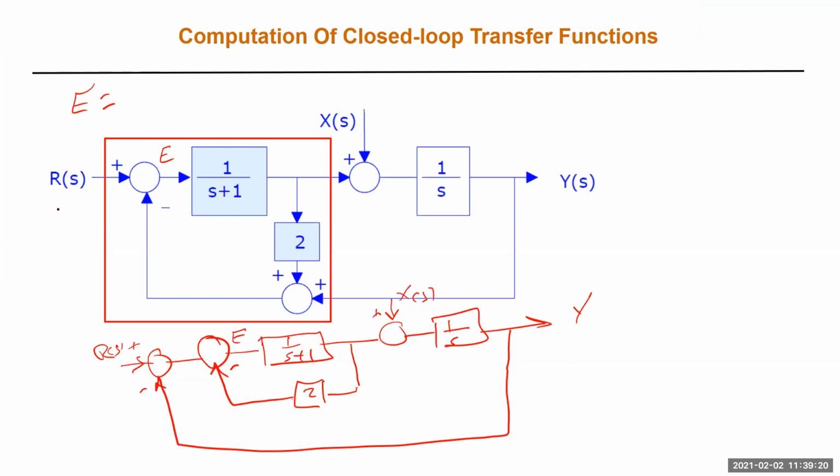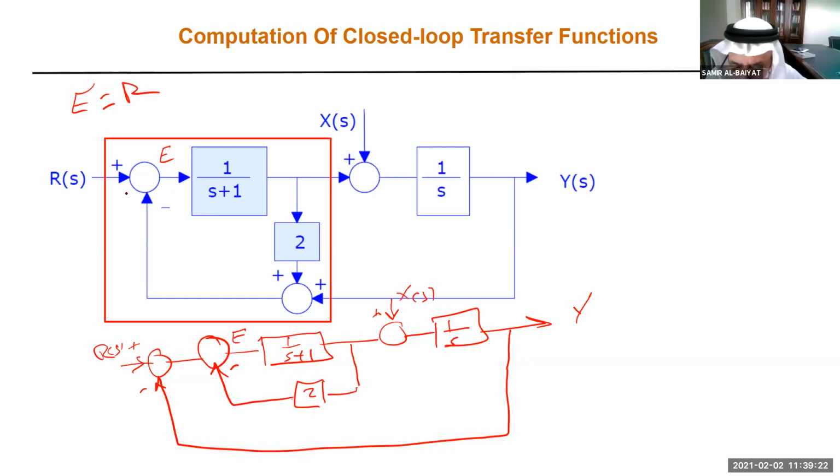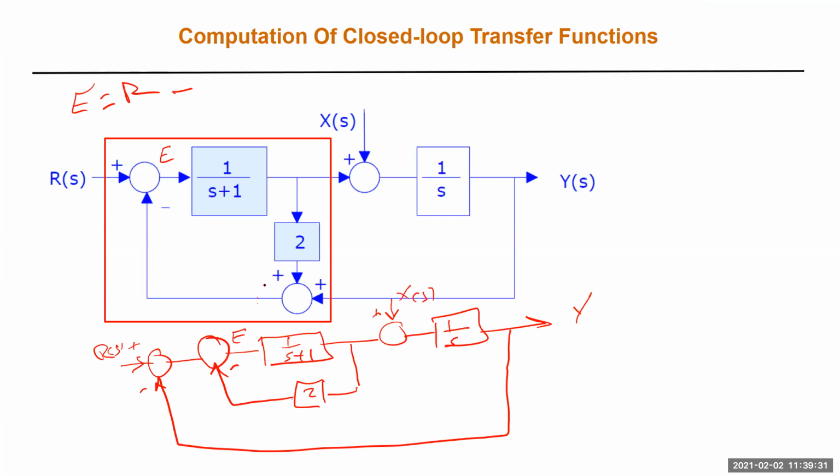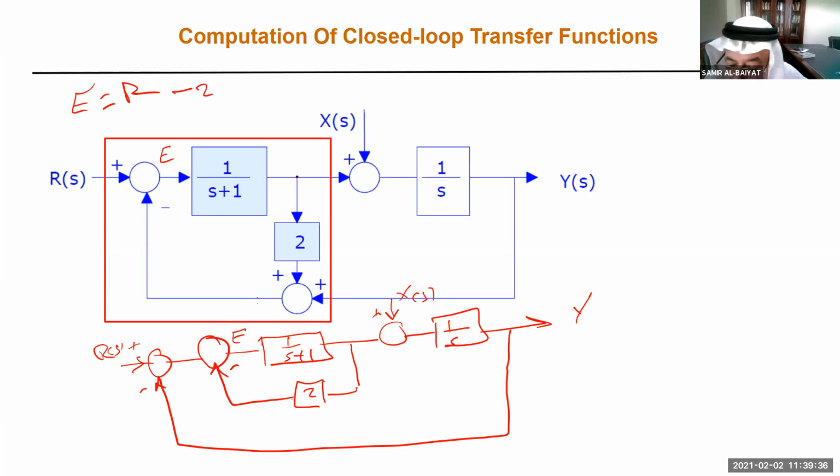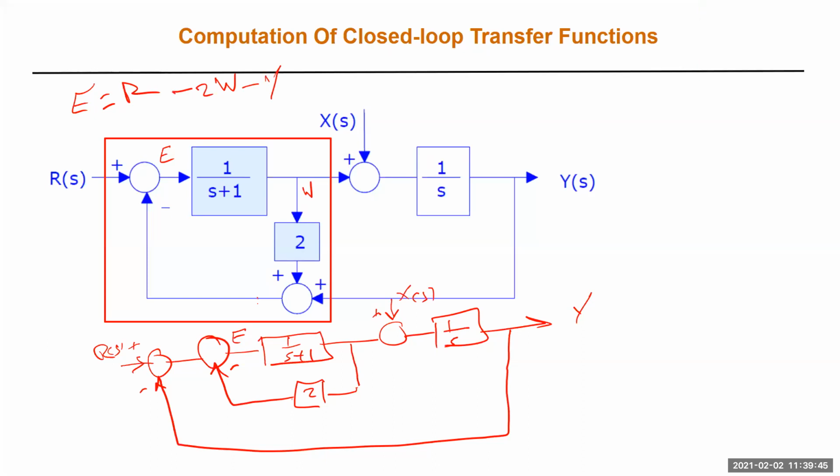E equals R minus the signal, which is minus 2 over S plus 1. Let's say this is minus Y. Do you agree? Yes, with W being 1 over S plus 1 times E. Okay, so what I'm saying, let me put E in here